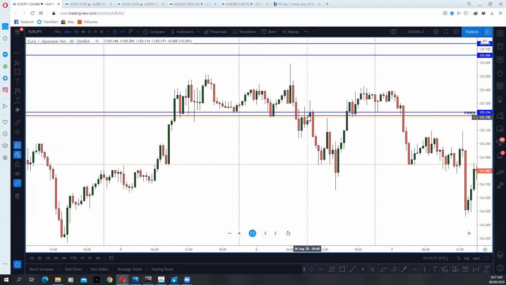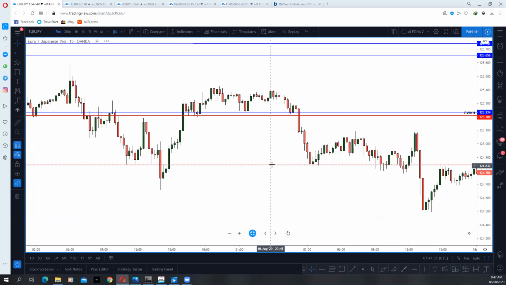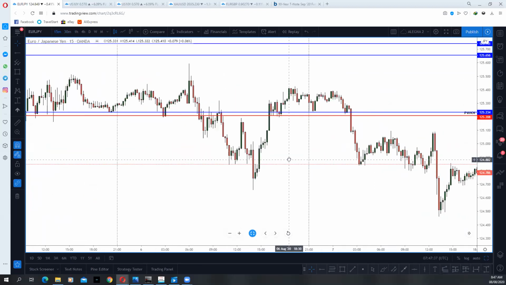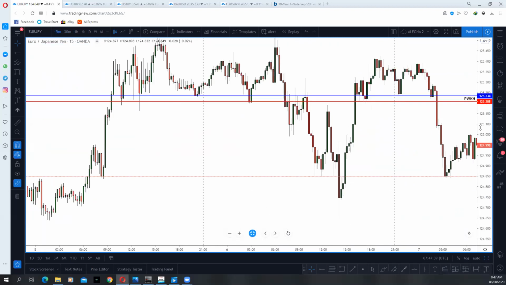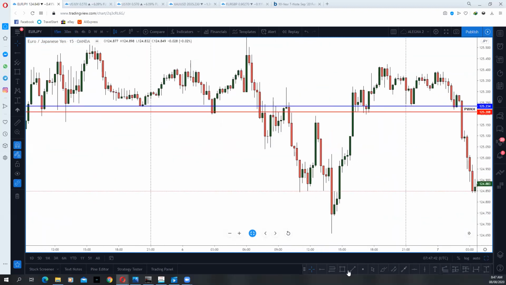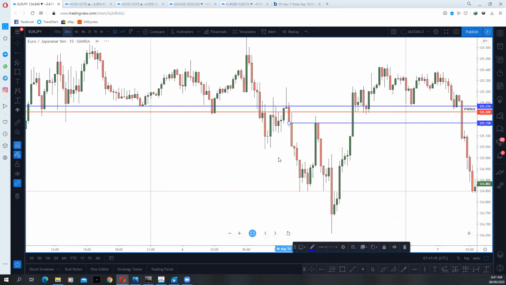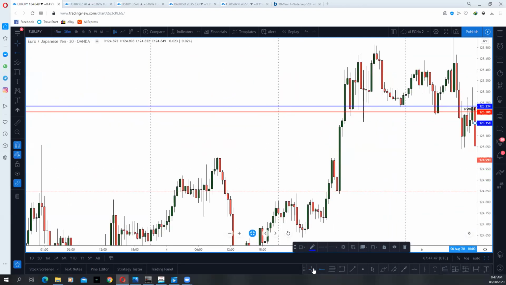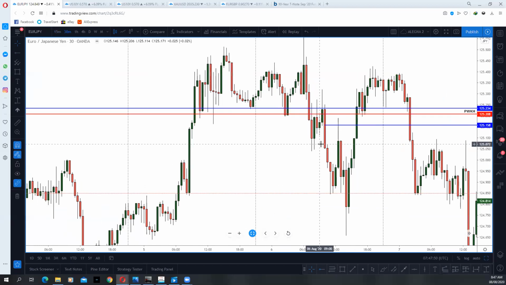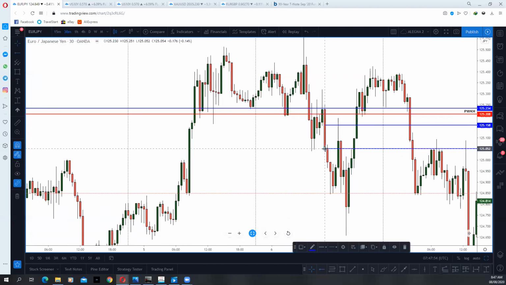So do you see the pullback? It broke below, pulled back, and this was a bearish candle. If you want to, you can also drop down to a 15-minute time frame. Because on the 15-minute time frame, this is where you would have gotten your entry. But if you were on the 30-minute time frame, excuse me, this is where you would have gotten your entry, somewhere here. So do you see the difference?